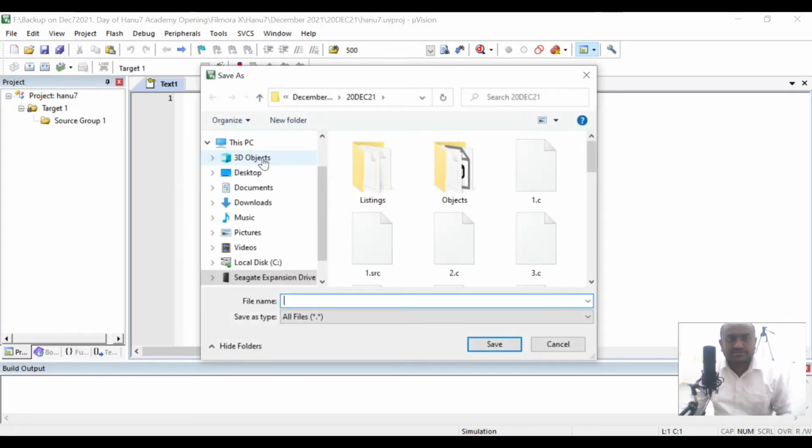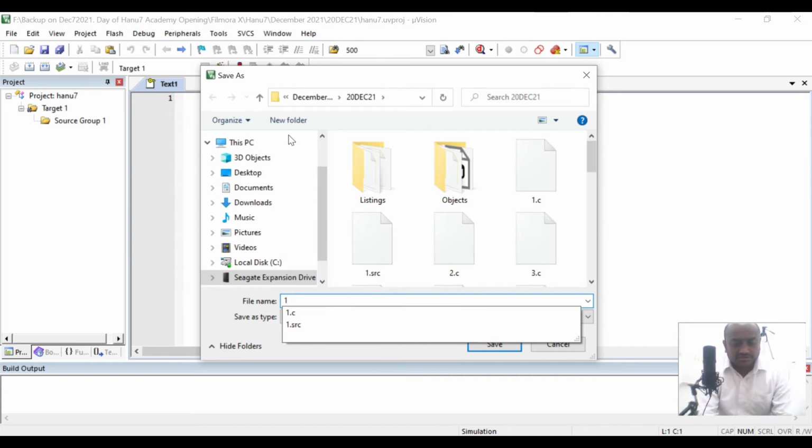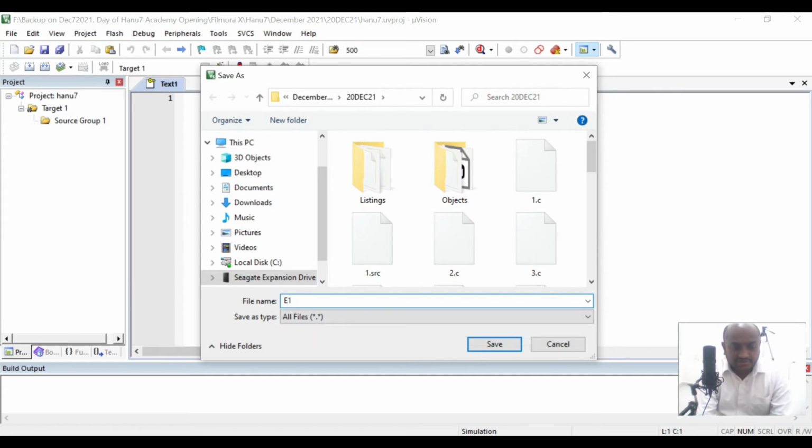What I want to tell you here is, before writing the program, you save it. What is the advantage of saving the file? I will explain that while typing the program. If you save the file, it will help in explaining something, like if there is any error in your program. So let me save e1.c. E in the sense English video, because I am creating the same videos in some other language. So e1.c, save.